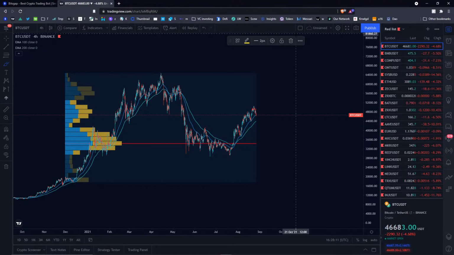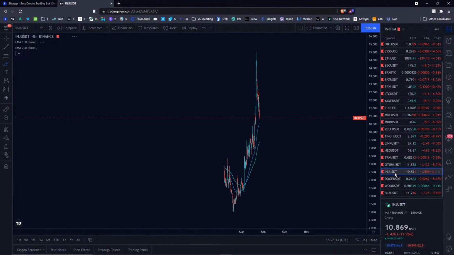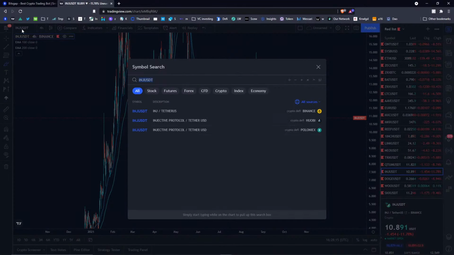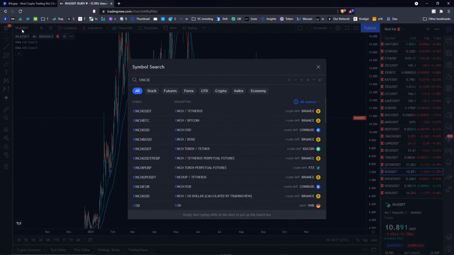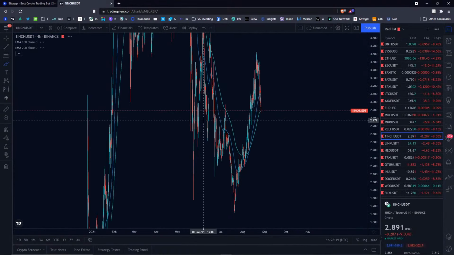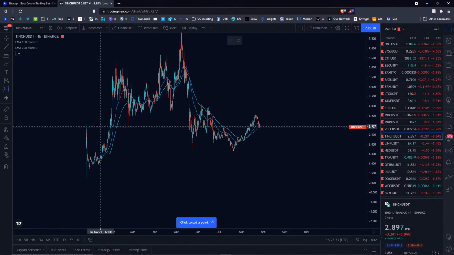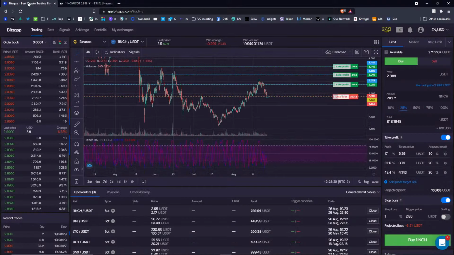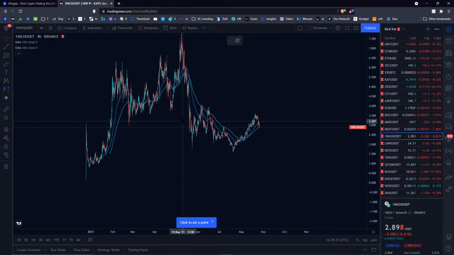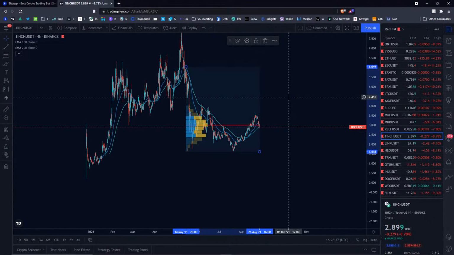So let's go back to 1inch. Yeah, it was 1inch, not injective protocol, but it was 1inch to USDT. Yeah, so let's use the volume profile here. I think I'm gonna use 1inch USDT. It's 4 hours, 4 hours. Yeah, but let's check over here. Okay,